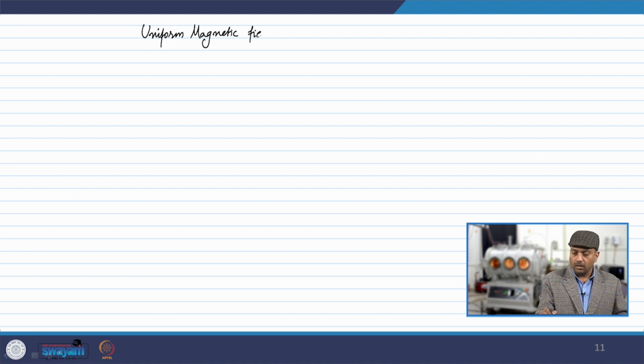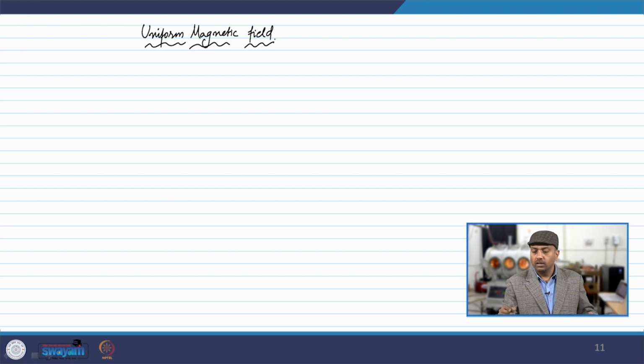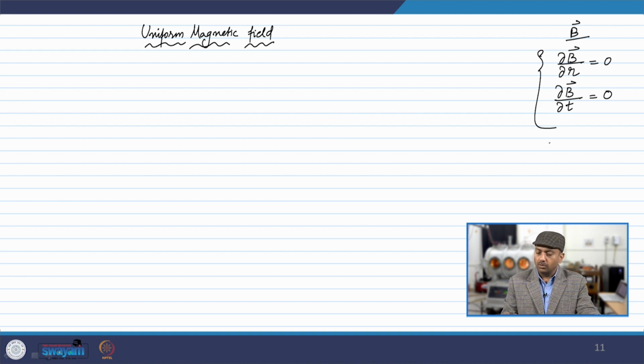magnetic field. You take a uniform magnetic field. What do you mean by uniform? Let us say ∂B/∂R, a generic position coordinate, is 0. So, the magnetic field is not changing with respect to space, and we will also say that the magnetic field is static. For example, ∂B/∂t is also 0. So, these two conditions impose a static and uniform magnetic field,